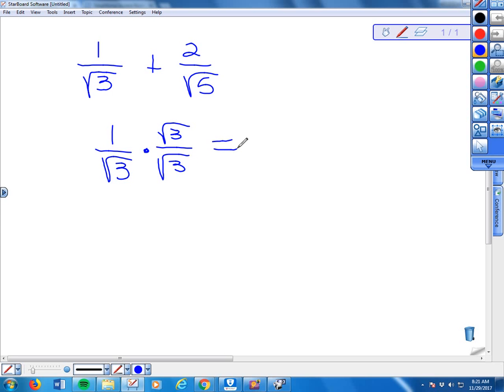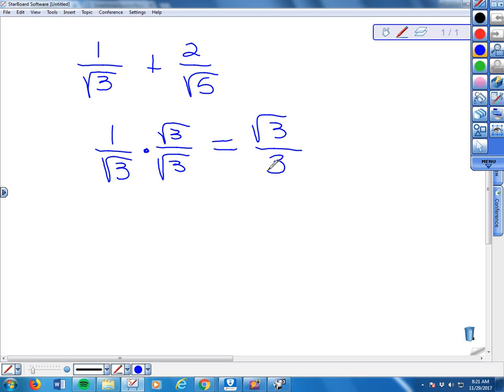Multiply across the numerator, what do you get? What's 1 times the square root of 3? Square root of 3. What is the square root of 3 times itself? Nope. 3. Remember, I can multiply the radicands when I multiply. So this is the equivalent of the square root of 9. Right? And the square root of 9 is 3. So when rationalizing 1 over the square root of 3, it's actually equivalent to the square root of 3 over